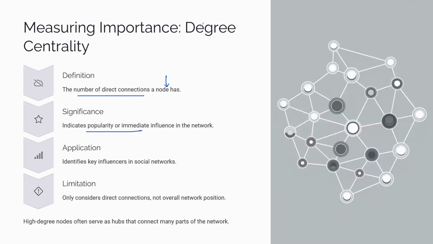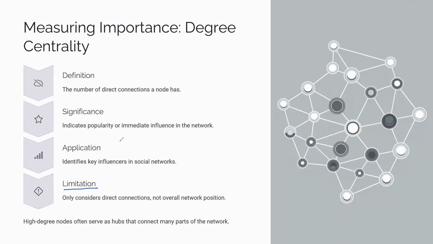Generally, this degree centrality is used to understand who is more influential in an entire social media network. For example, in India, Virat Kohli is very, very popular. Why? Because people try to connect with, or follow, Virat Kohli. So degree centrality is defined as the number of direct connections. But one thing is,